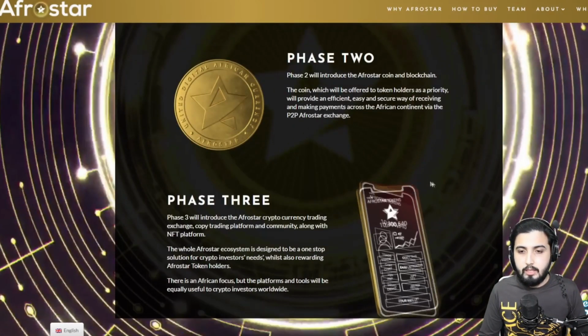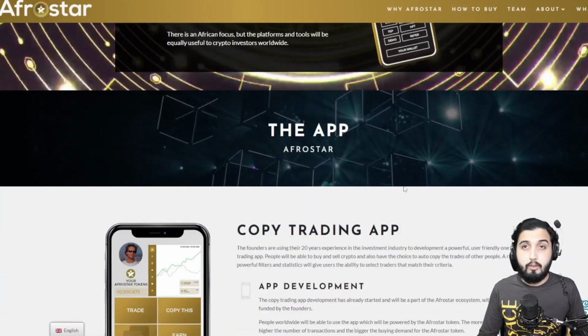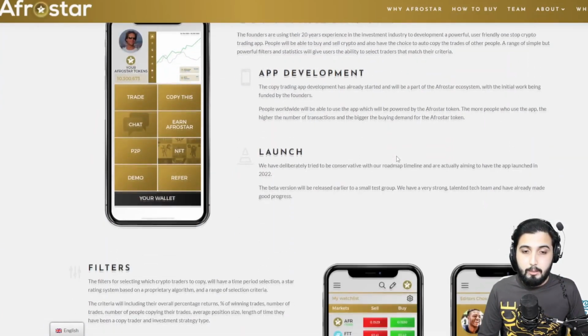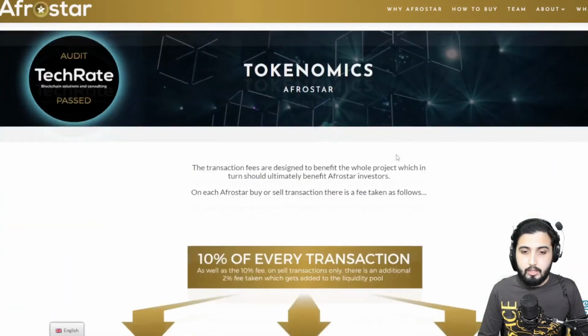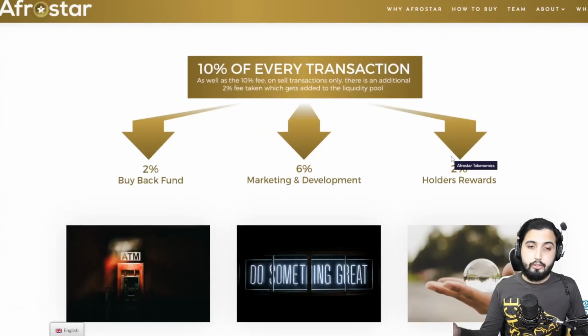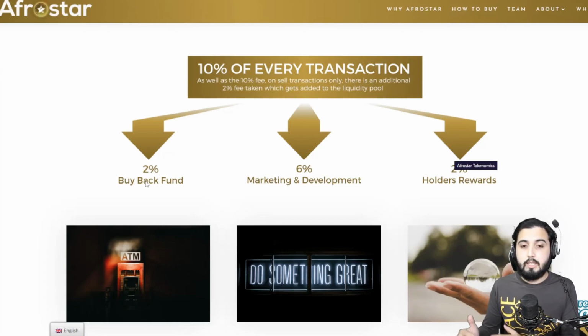Now we're going to talk about this later on when we're discussing the roadmap, but going down there to take a look at the tokenomics, which is right here. There's going to be a 10% transaction fee on every single transaction, and this is how it is distributed. There's 2% for the buyback fund. So whenever they feel like they need to bring the market up, it's going down, they're going to use this to buy back tokens and to gain the trust of the